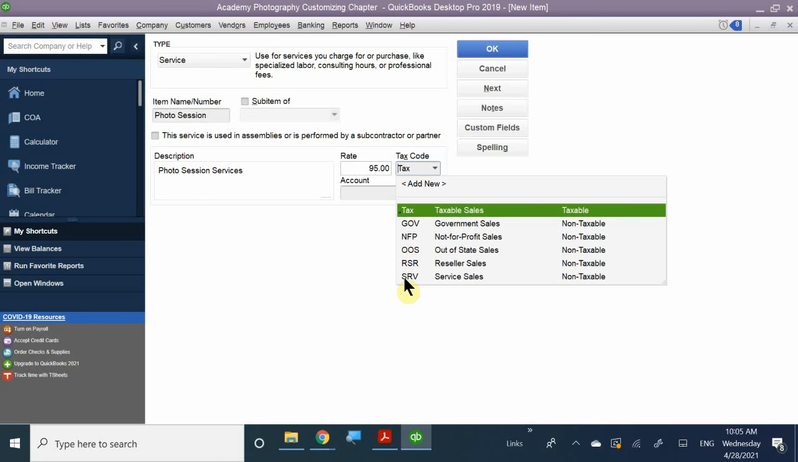And again, we will take a more in-depth look at this in chapter 3. But sales tax codes are very important, especially when you're dealing with certain products that you sell or certain groups of individuals that you sell these products to. So if they are a government person, anybody that's army or military,